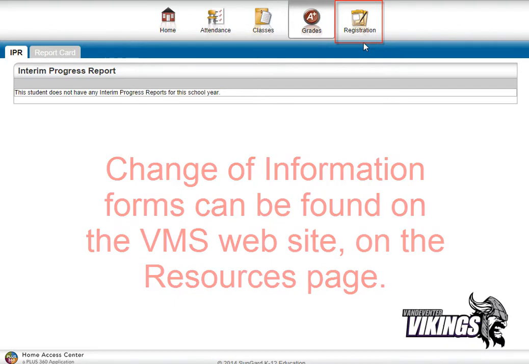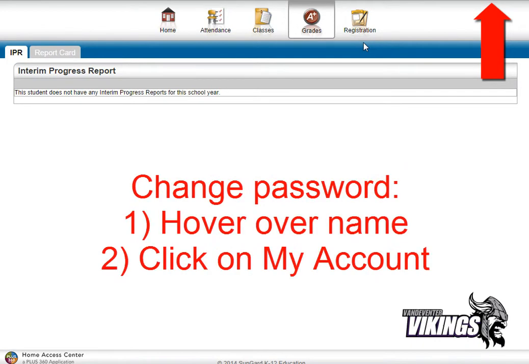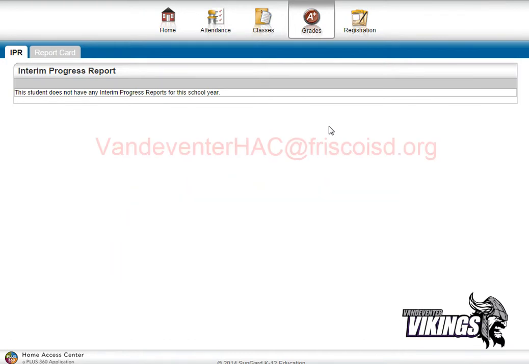Now, I have this cut off on our screen view right here, but at the very top right you will see your child's name. If you hover your mouse over that name, a little drop down will pop up that says My Account. If you click on that, you can change your password. So those horrible passwords that you were assigned randomly by the system can be changed to something that's a little easier to remember. Should you forget your password during the year, please feel free to email